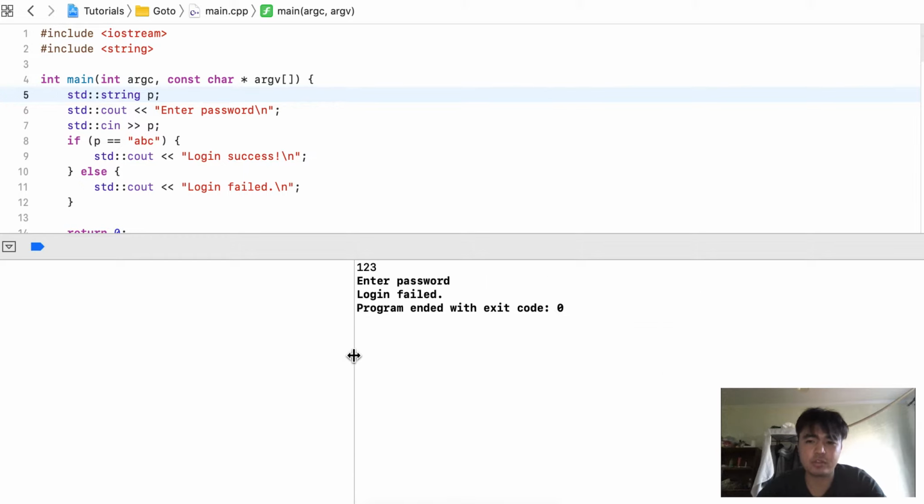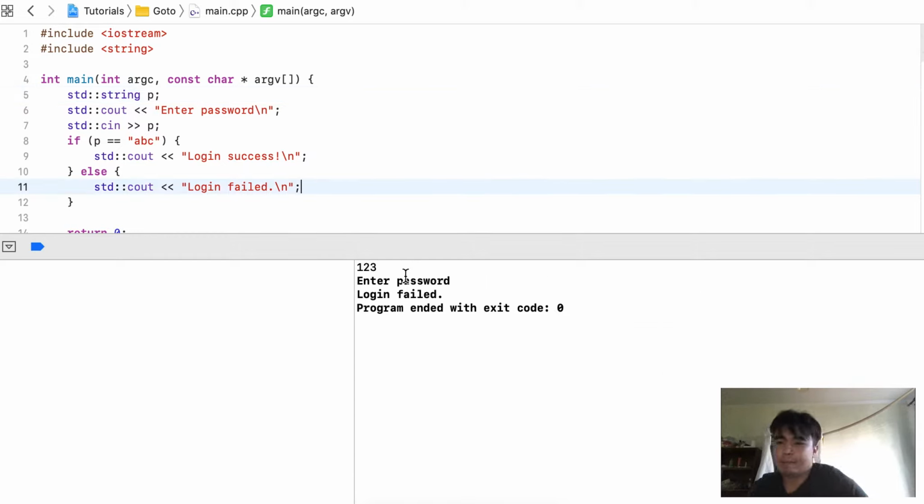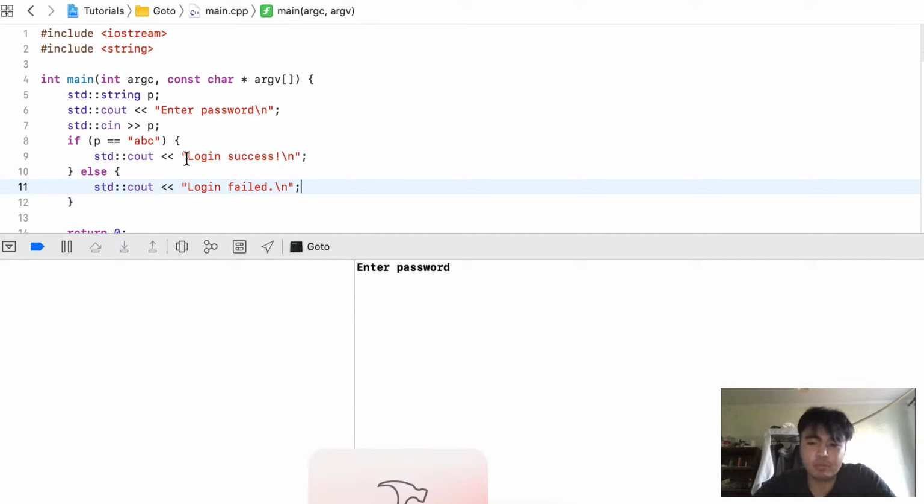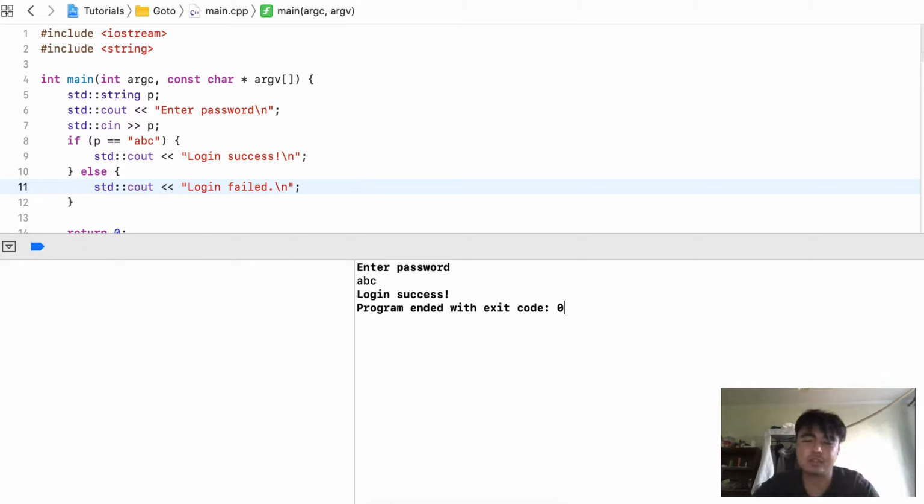Yeah, so as you can see, it's working pretty fine. We can run one more example by giving a real password, and it says login is success. Yeah, so it's a very stupid example, and why I'm showing this is we